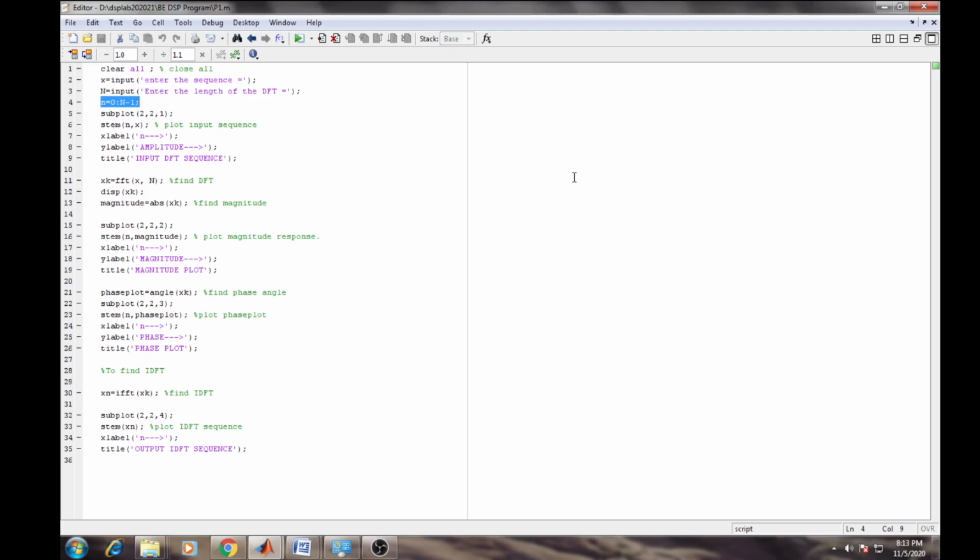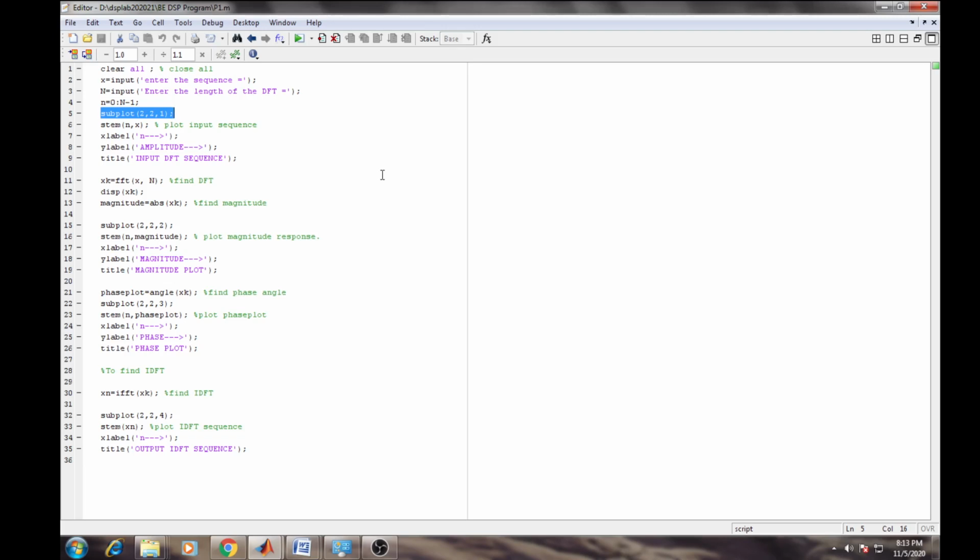Now here, instead of infinity we have defined a finite length, so that finite length will be terminated by N. So here we say n equals 0 to N minus 1. Got it?